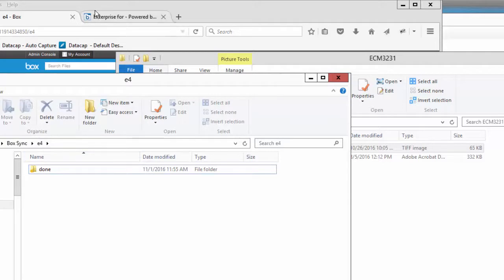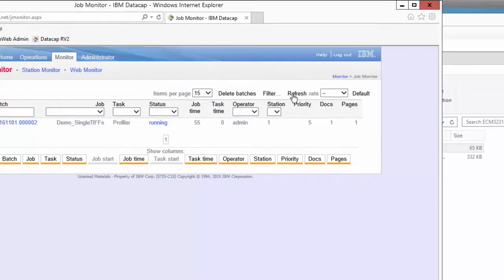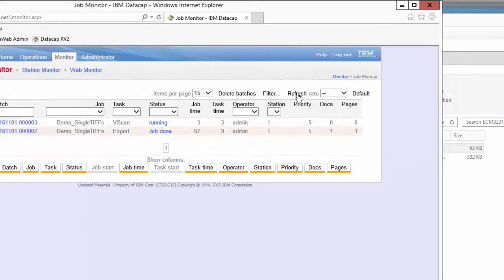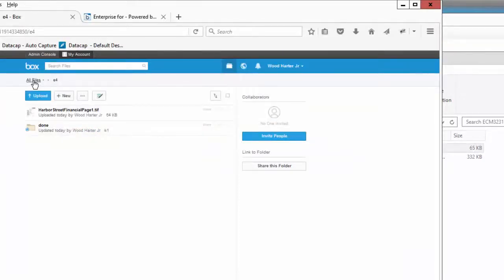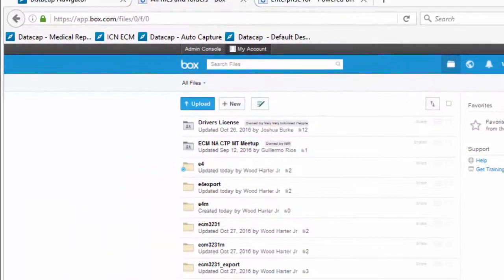So Datacap is processing this. We can know for sure by monitoring the work queue. This job is now in profiler mode. It's running. It's been through page ID, and then it's going to go into export mode, and we'll have our whole application running straight through. Export is running now, and the next step, it's done, and now it's running another vScan, waiting for something to appear in that folder, and I can come over here to my box folder, go into that export and see that,